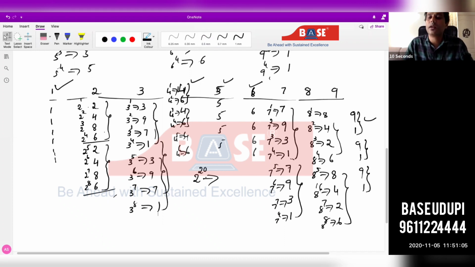So let's take one example where you have to find, say, 2 power 20. You need to find the last digit of 2 power 20. So how to find the last digit of 2 power 20? 2 power 1 ends with 2, 2 power 2 with 4, 3 with 8, 4 with 6. 2 power 4 ends with 6. Okay, 2 power 8 also ends with 6. Next, 2 power 12 also ends with 6, obviously. 2 power 16 also ends with 6. So 2 power 20 also ends with 6 only, because after every 4 powers, the same 4 digits are repeating,